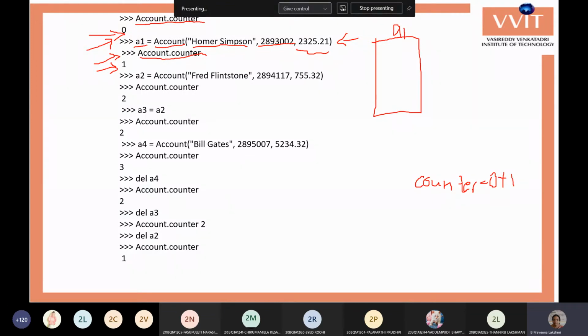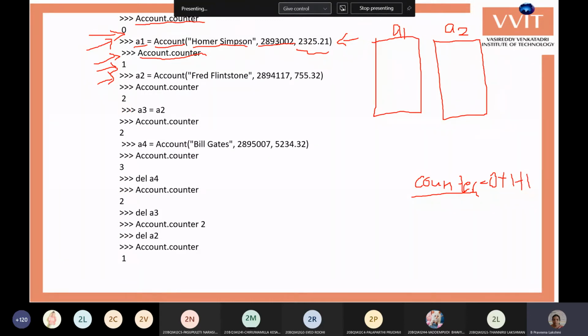Now whenever you create the a2 object, again you will get one more copy of the class, and you will get all the variables as one copy for the a2 object, assigned with the values. Within the a2 constructor you are incrementing the counter variable, so it becomes 2.